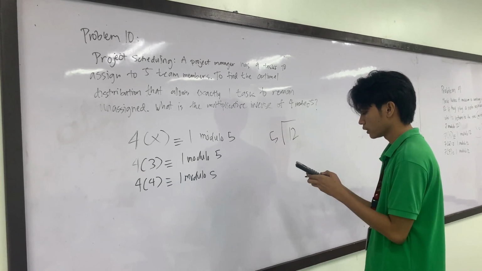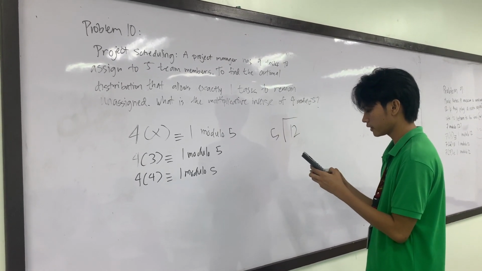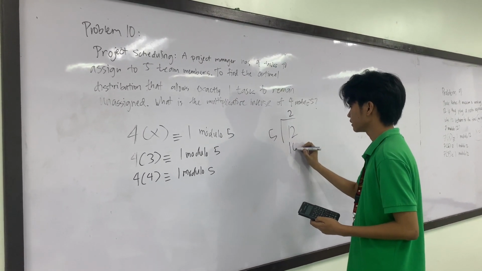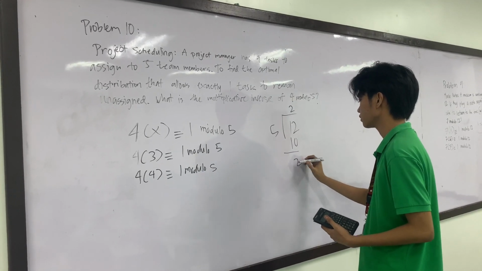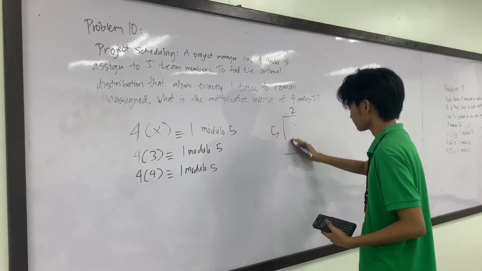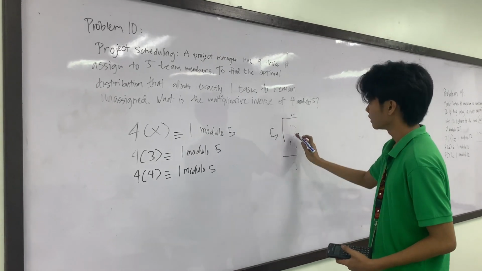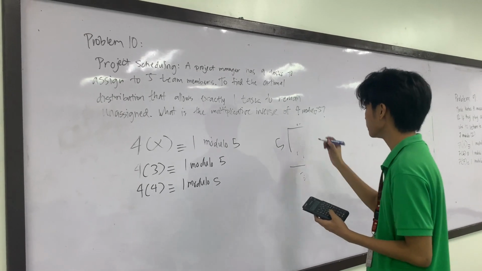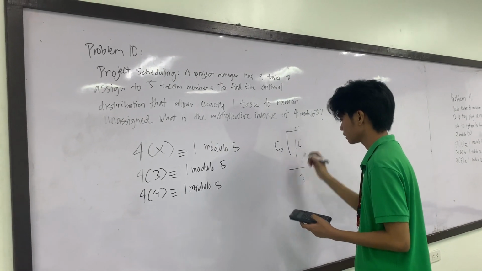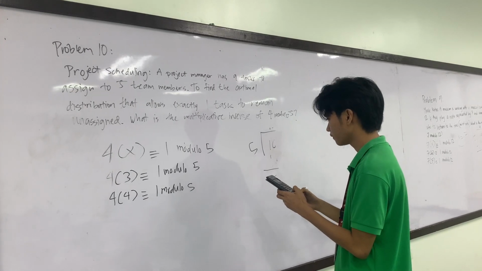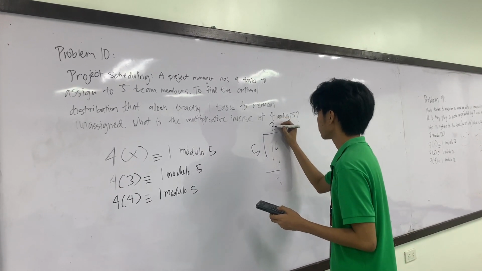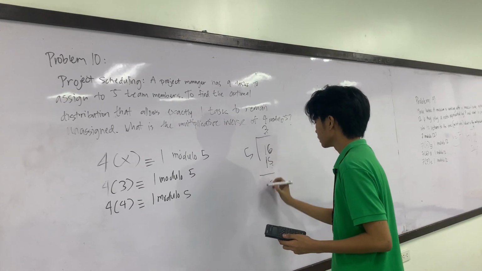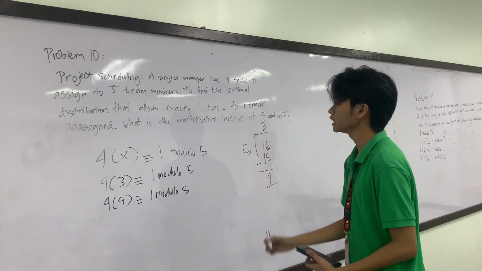12 divided by 5 is 2. 2 times 5 is 10. So still not the remainder 1. So next is 4. So 4 times 4 is 16. So 16 divided by 5 is 3. So 3 times 5 is 15. So now we can get the remainder of 1. So the multiplicative inverse